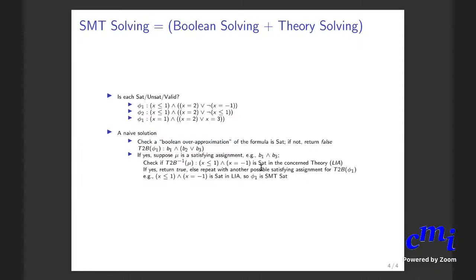And then you can check this in the concerned theory. Notice that every satisfying assignment of the Boolean approximation is an over approximation. Why do I say it is an over approximation? Because when you replace them by Boolean variables, you're throwing away certain information. So if the Boolean structure is